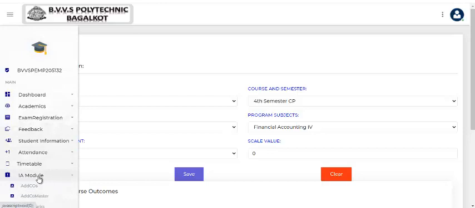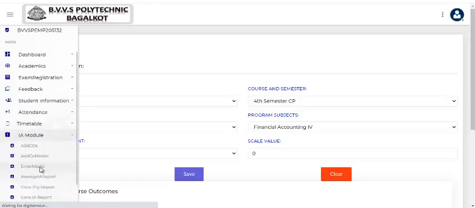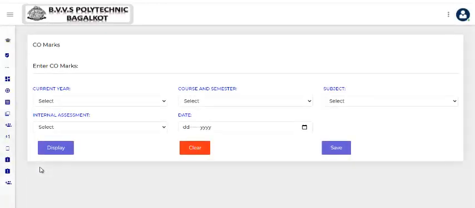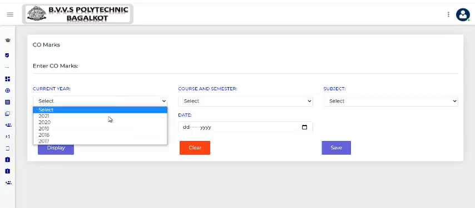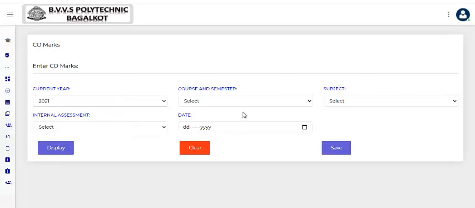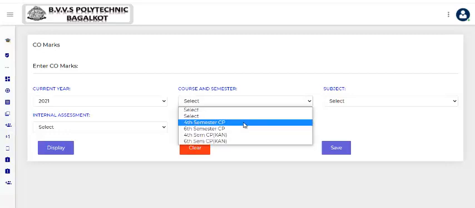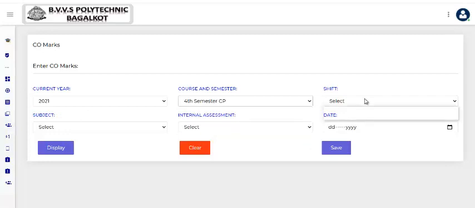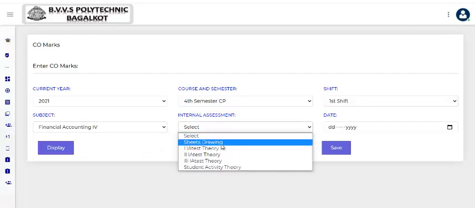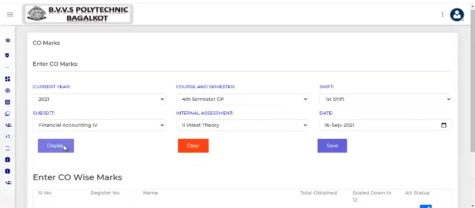Next I'm coming with the IA model, next, enter marks. In the enter marks, I'm choosing it for the year 2021, where course and master has been mentioned for fourth semester CP. First shift I'm choosing it, where financial accounting I'm taking, and display.